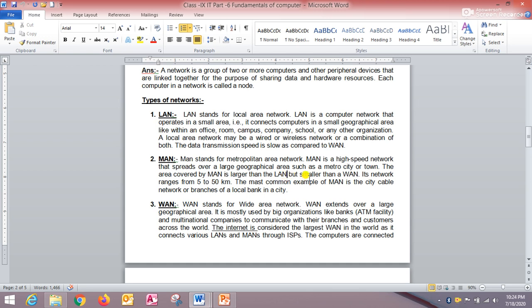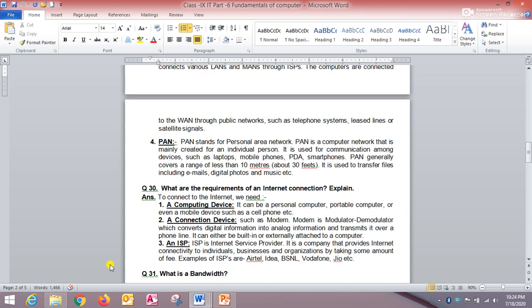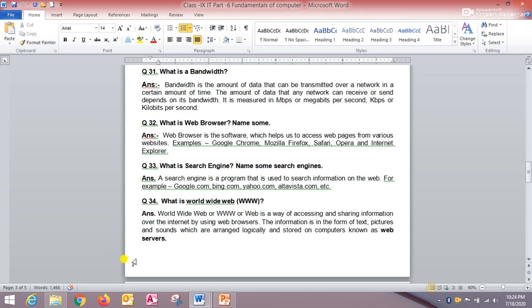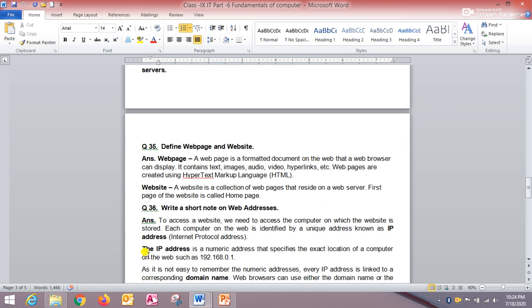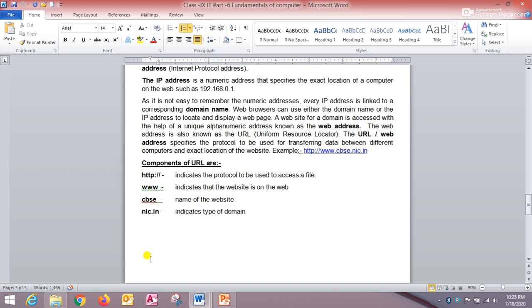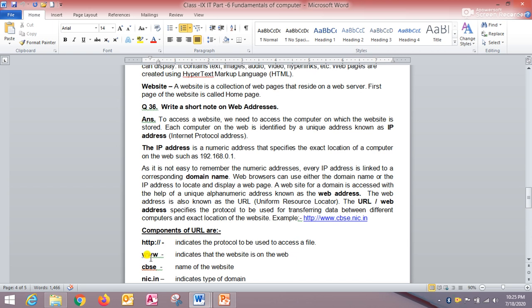Next topic is copying and pasting the text. How we can copy and paste the text? All of you know very well, I think you have studied this in your previous classes also. First of all, what is copying? Copying the text means to keep the text at its original location as well as copy it to another location. Means we can create a duplicate copy of the selected text.